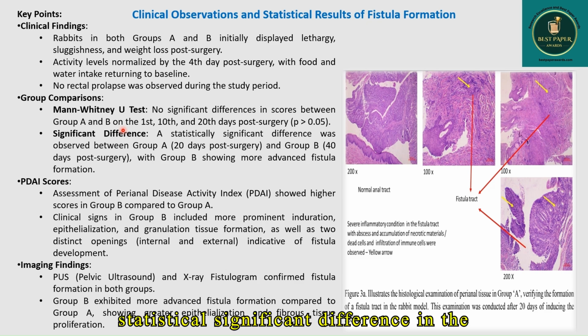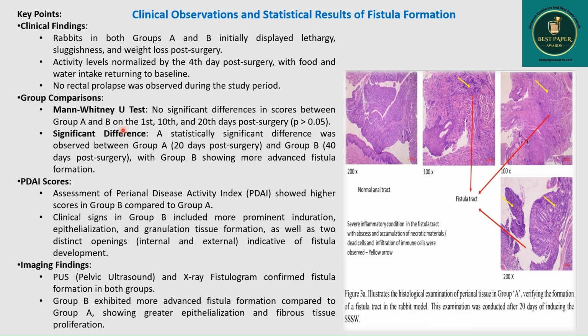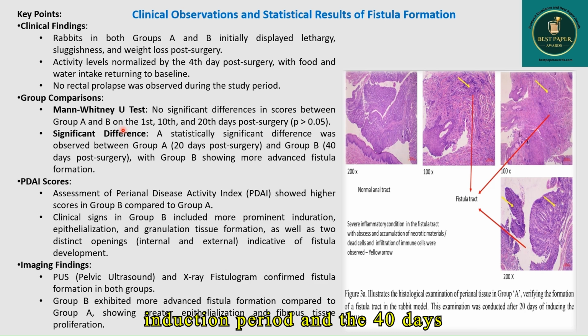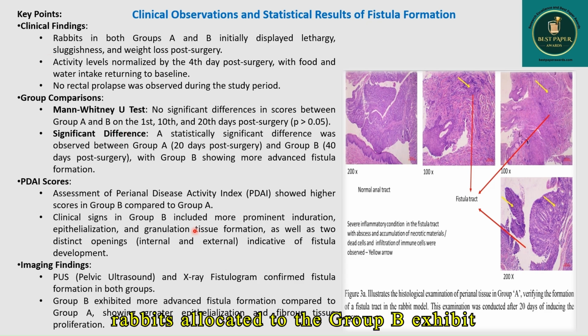there is a statistically significant difference in the grading of perianal fistula. The 20-day induction period and the 40-day induction period have a significant difference as far as the fistula formation is concerned. Furthermore, it is noteworthy that the rabbits allocated to group B exhibit a more conspicuous manifestation